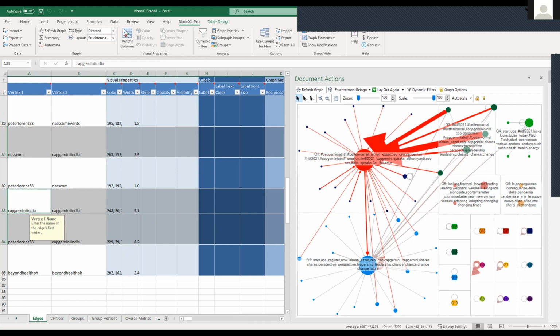So if we open that file that was just exported from NodeXL, that's the network that we just made. You can also do your calculations here.